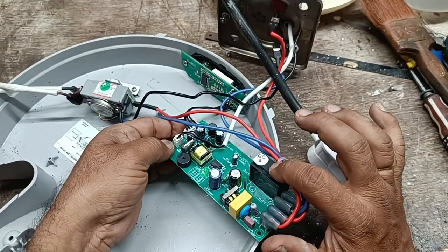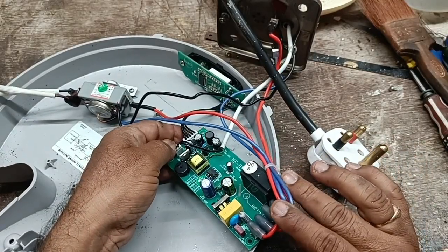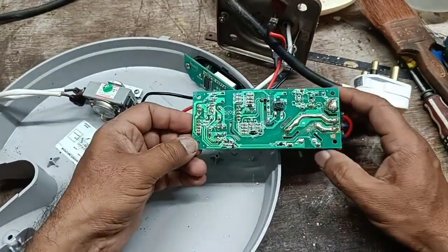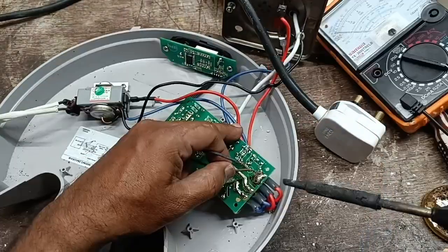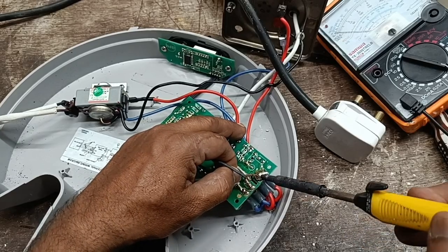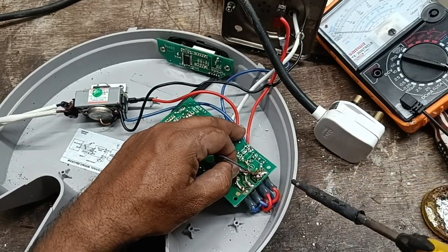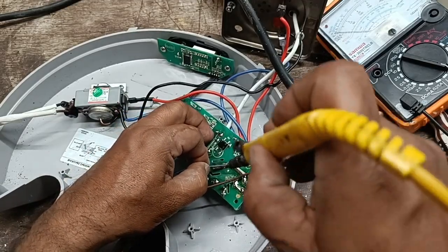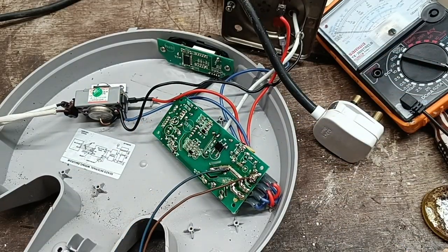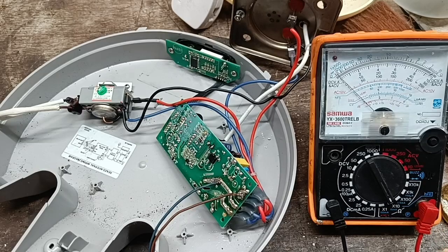Okay, this is the relay and the coil. Here the SMPS transformer is there. We put the supply to this board, then check what happened in the board. Okay, let's take a